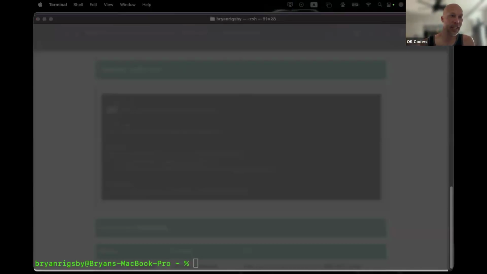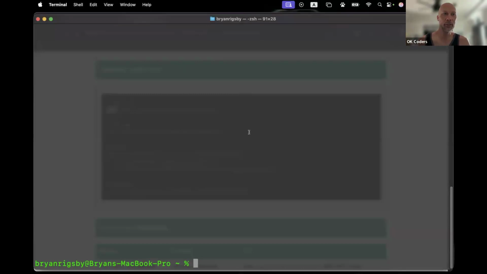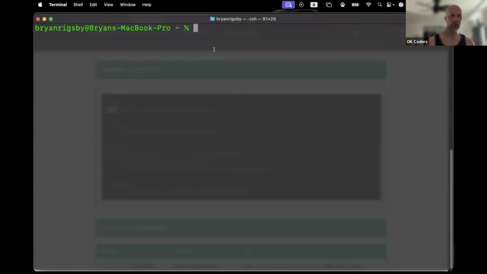And curl stands for client URL, by the way. Just learned that today. I did not know that. But yeah, to use it, all you got to do is pull up your trusty terminal. You can do this in VS Code terminal or whatever terminal you have. And you just put curl and then the website. So if we wanted to go to this one that I found,